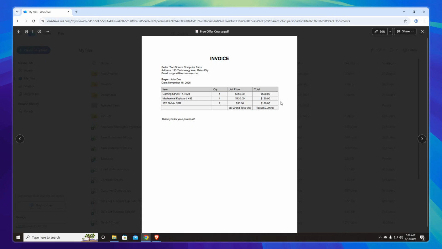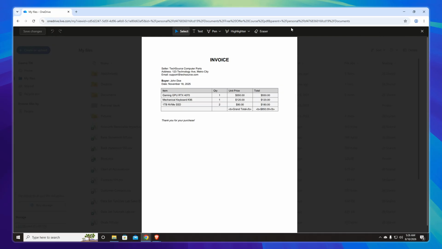Now, look at the top right part of your preview screen. You'll see the Edit button right there. Click on Edit, and here's where the magic happens. OneDrive's built-in OCR technology will automatically recognize the text in your scanned PDF and convert it into an editable format. You'll now be able to edit your scanned PDF as a text document, making changes, corrections, or additions as needed. This feature is incredibly useful for updating old documents, fixing errors, or extracting information from scanned files without having to